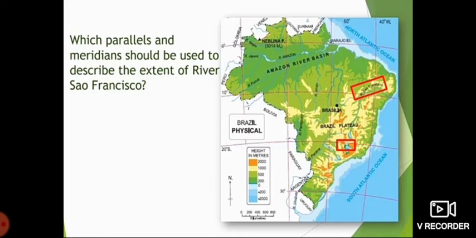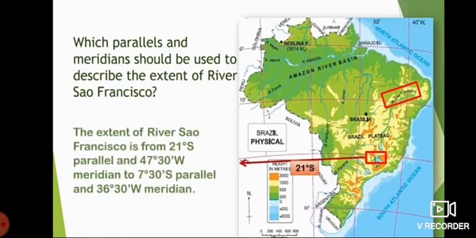Okay, means for the start point we are going to use one latitude and one longitude, and for the end point again we are going to use one latitude and one longitude. So see here, first we will see from where it is starting. Can you see I have highlighted with the red box? Yeah, and the arrow which is shown red color, it is the latitudinal extent.